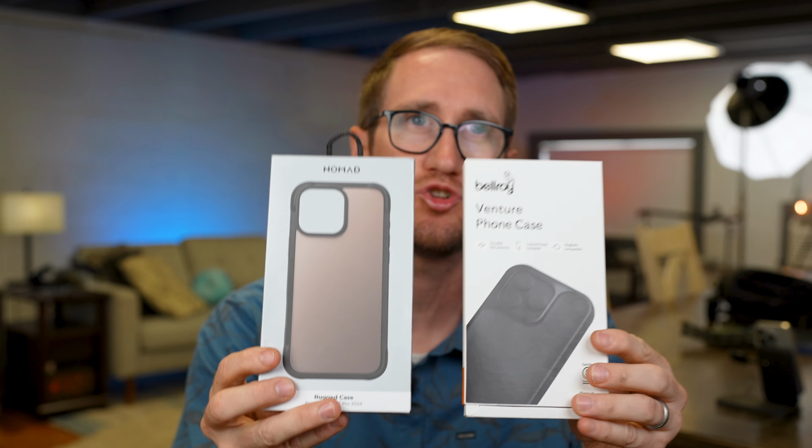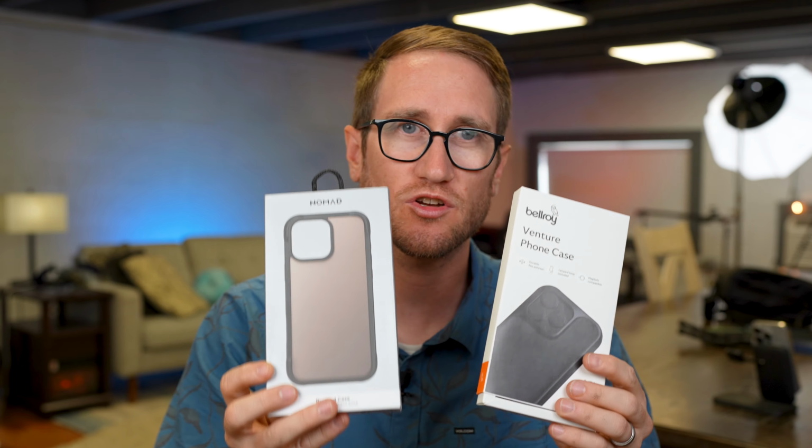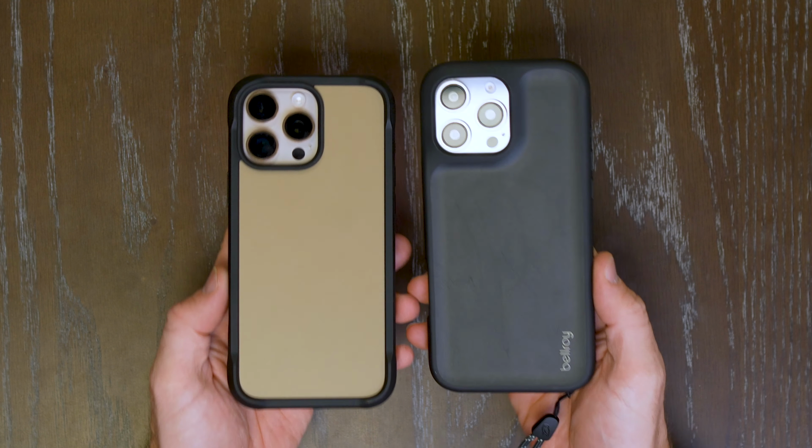Excited to go over this really awesome comparison video of these two very rugged cases. There's the Venture case from the folks at Bellroy. You've also got the rugged case from Nomad. Both of them are made out of high quality TPU polymer material that's going to give you drop protection well